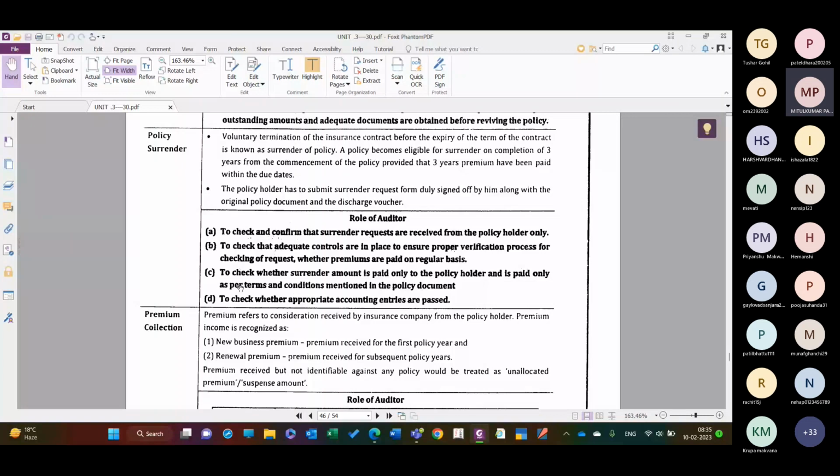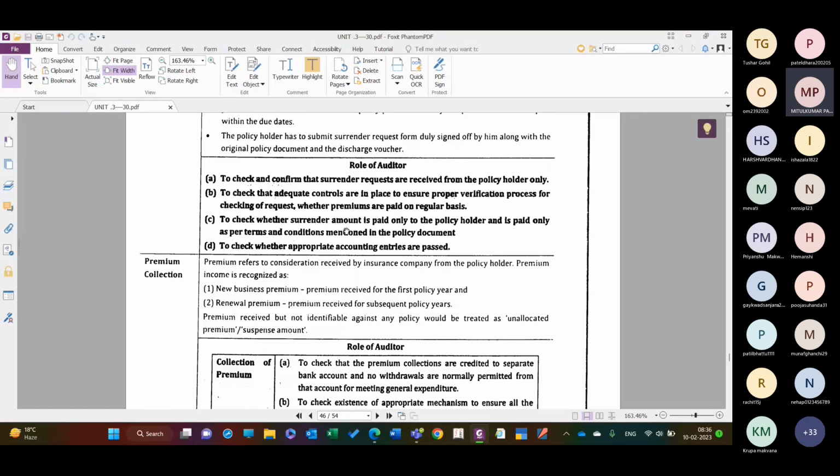Generally, whenever the policyholder surrenders the policy, they are going to lose a lot of money, because whatever premium you have paid, there will be a huge amount of deductions. So generally it is not in the interest of the policyholder. But if they don't want to continue paying for the tenure of the policy, then obviously we cannot decide which is best. If the policyholder is of the opinion that it is better to surrender, they can. But as an auditor, you need to understand it should be as per the rules and regulations, and the surrender value which is determined. There are rules and regulations mentioned under the policy document.